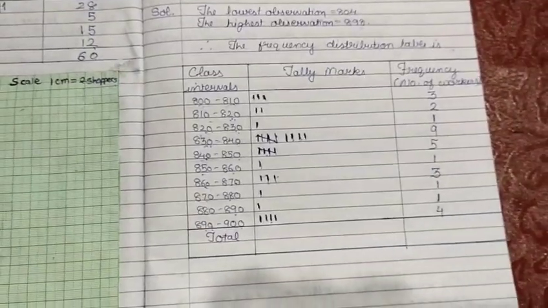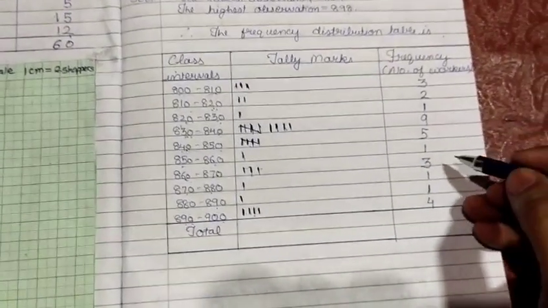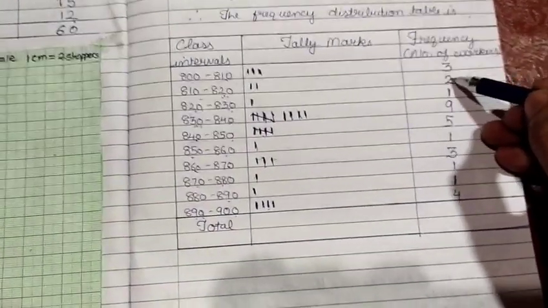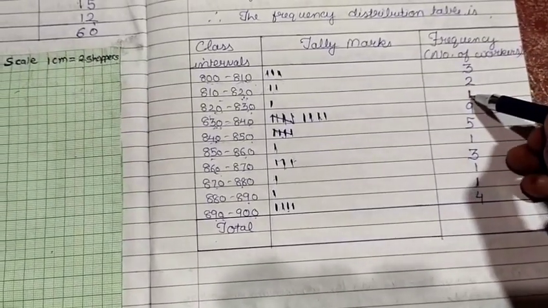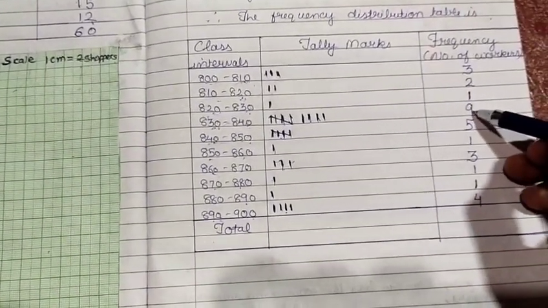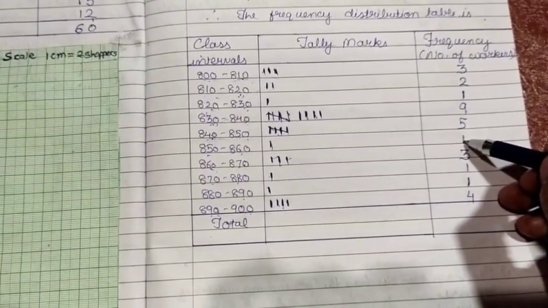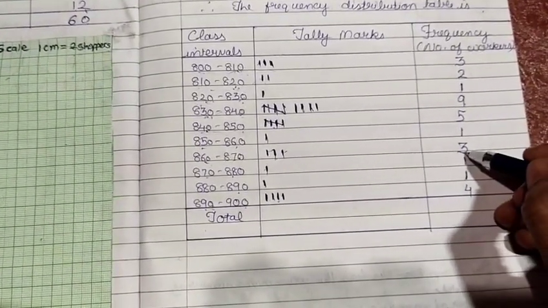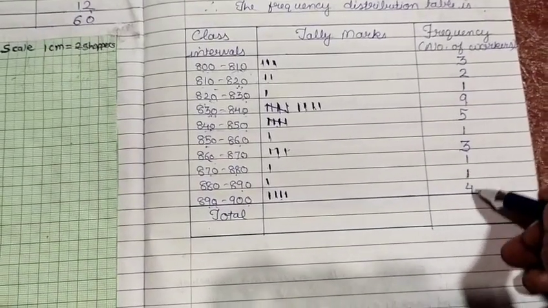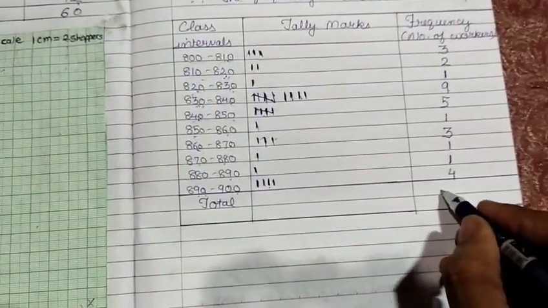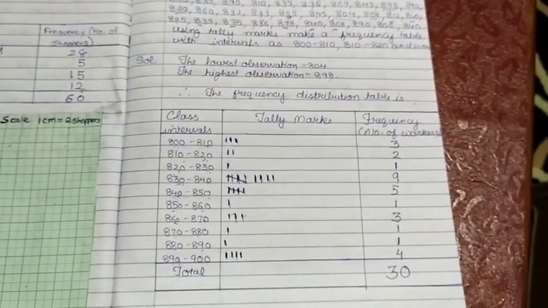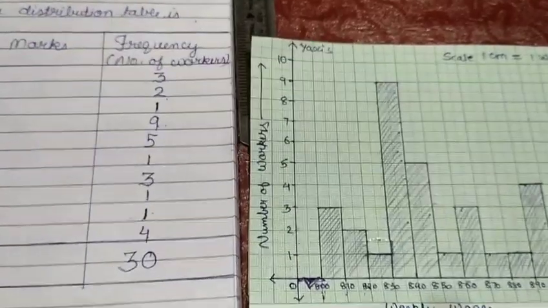Now if you count, you should get a total of 30. So 3 plus 2 is 5, plus 1 is 6, 6 plus 9 is 15, 15 and 5 is 20, 21, 21 plus 3 is 24, 25, 26, 26 plus 4 gives 30. This is how you have to make the frequency distribution table. The next one is